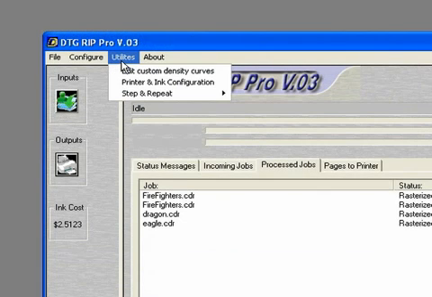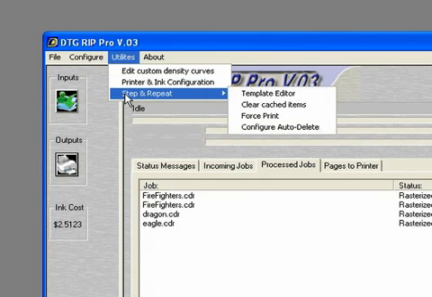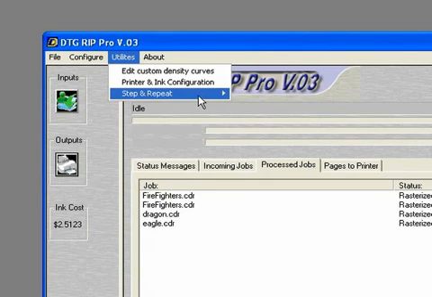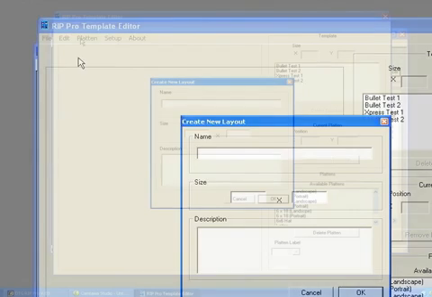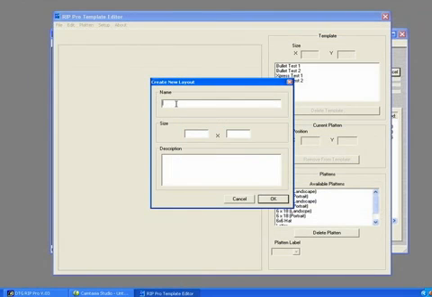Now right below printer and ink configuration we have step and repeat. This is where we can come into our template editor. To create a template, we go ahead and go to File, Create New Template, and for a kiosk we can